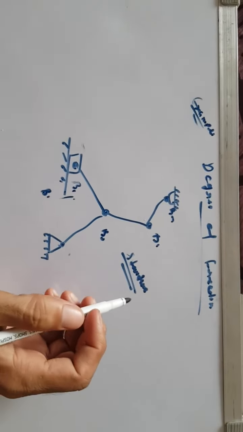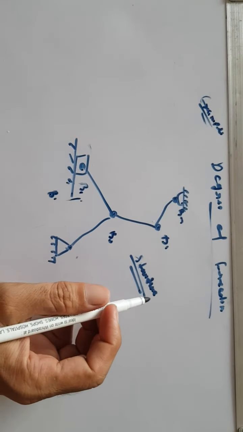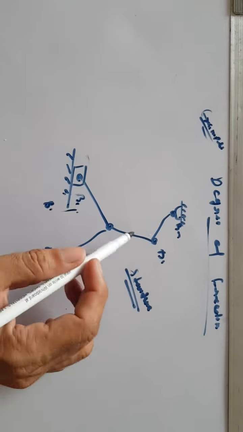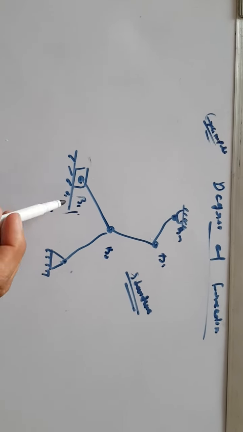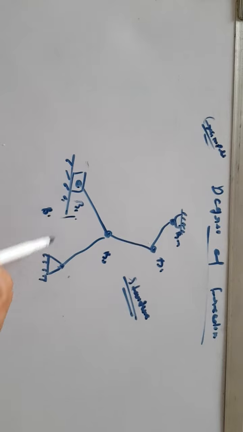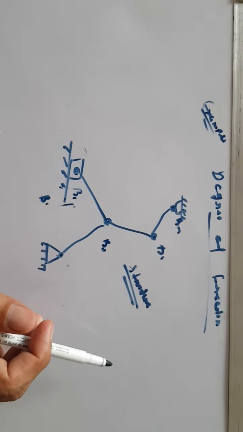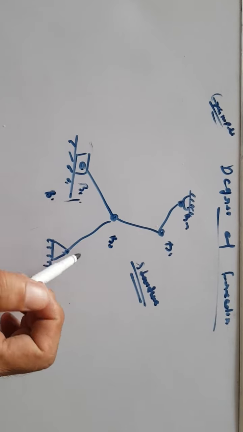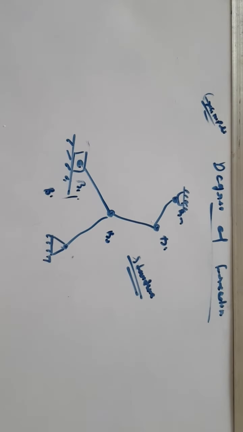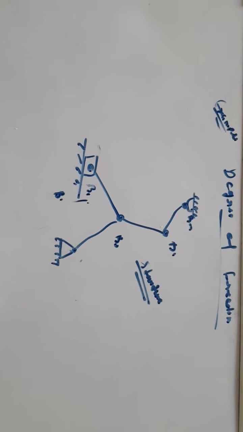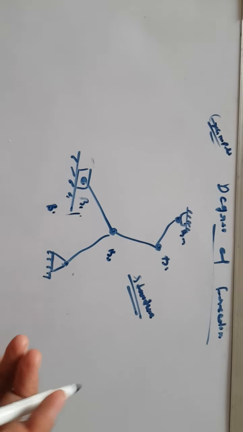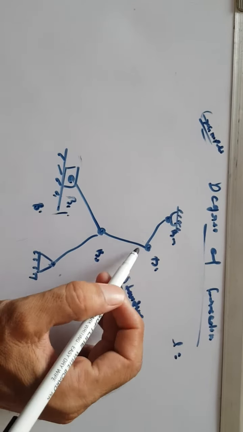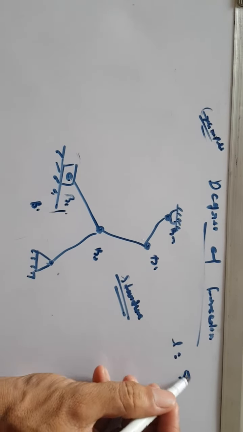Now guys, I am going to talk about one more example for the calculation of the degree of freedom. That is the structure given to you, and the binary joints are 1 2 3 4 5: b1 b2 b3 b4 b5. And now we are calculating the degree of freedom for this structure. I hope it will clear all your doubts. As we know, the number of links here is 1 2 3 4 5, 5 links,